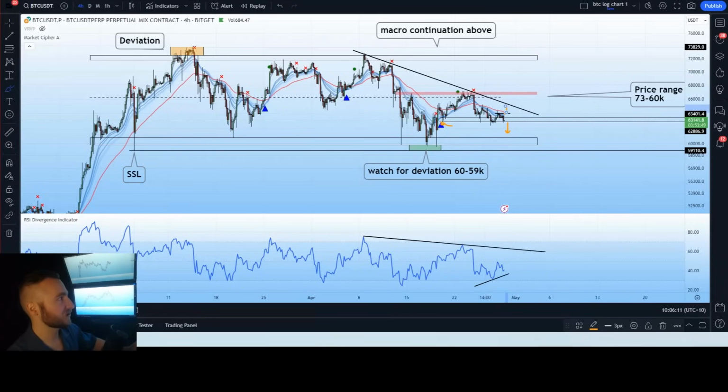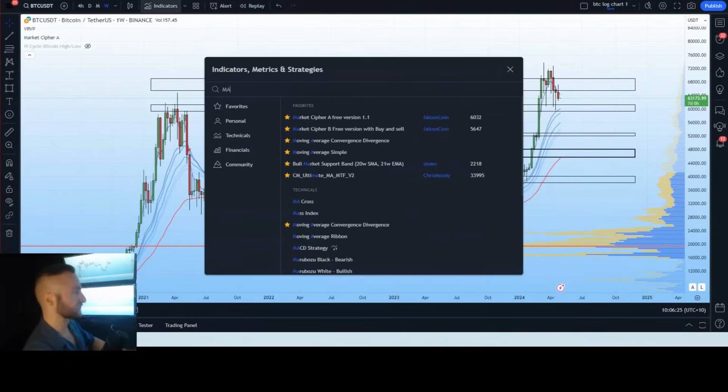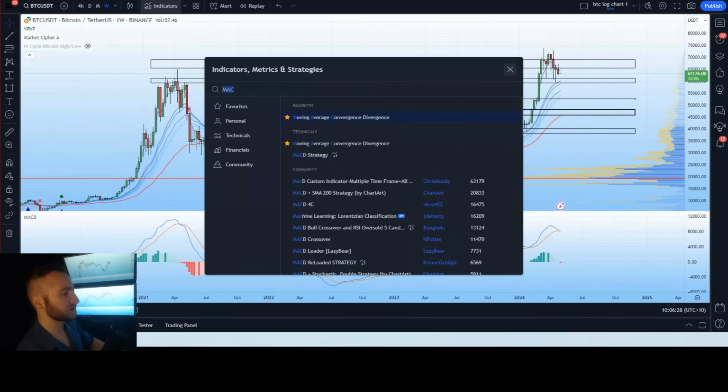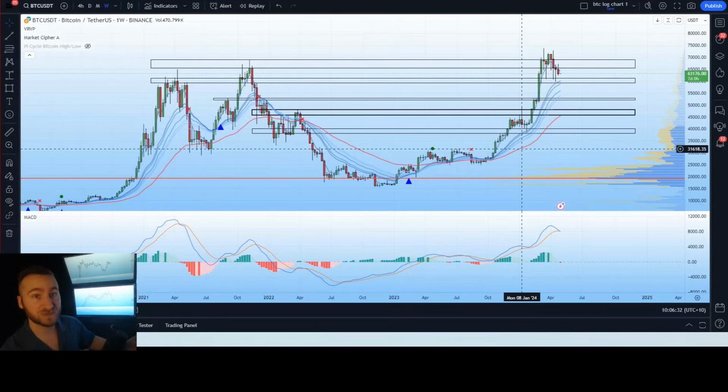Now, if we look at it from a macro perspective in terms of momentum, if we look at technical indicators, mostly moving average based indicators or momentum based indicators, of course these indicators are going to be expressing exhaustion. And people look at exhaustion and they assume weakness. Exhaustion is not always going to be a representation of weakness, okay? Exhaustion, particularly when we look at moving average based indicators or indicators based on momentum, could simply be an expression that over a particular period of time in comparison to a prior period of time, we have seen a reduction